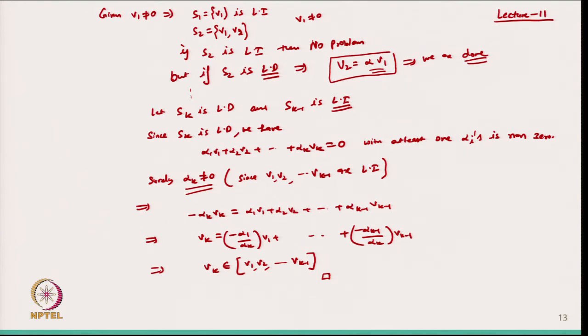Okay, so the moral of this theorem is that when we have a large number of vectors, we start with the first vector, then take the first 2 vectors, then the first 3 vectors, and keep checking until we reach a linearly dependent set. If we hit a set which is linearly dependent, then the whole set will be linearly dependent, otherwise it will be linearly independent.